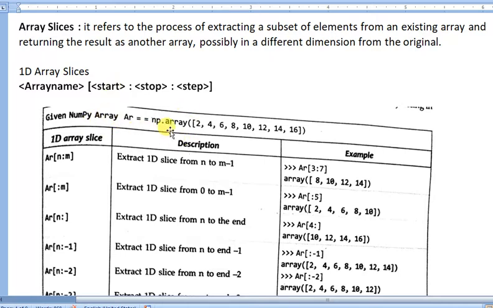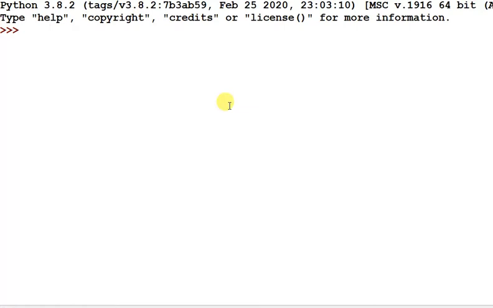First you create a one dimension array and you can pass these statements to extract values from it. I am creating this array in Python. First we have to import numpy as np, and then numpy has been imported.